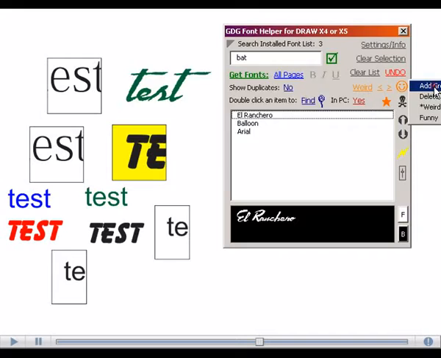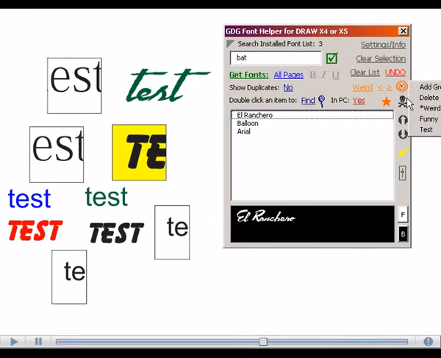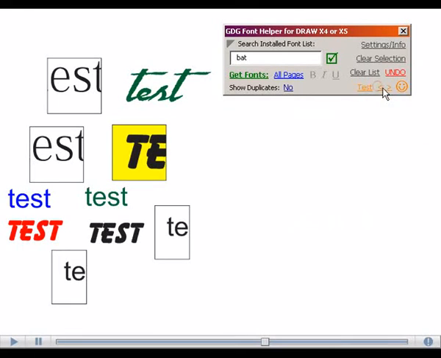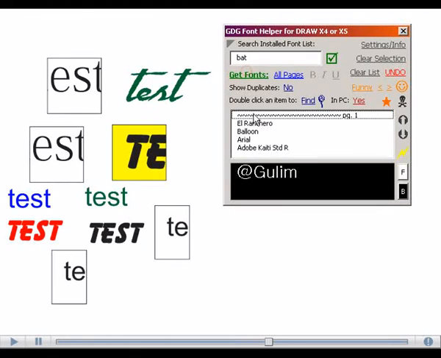I could add a new group. I'll just put Test. And you see I have 3 groups. I can quickly move through my groups. Funny doesn't have any fonts. Let's add some fonts to that. I'm going to add,